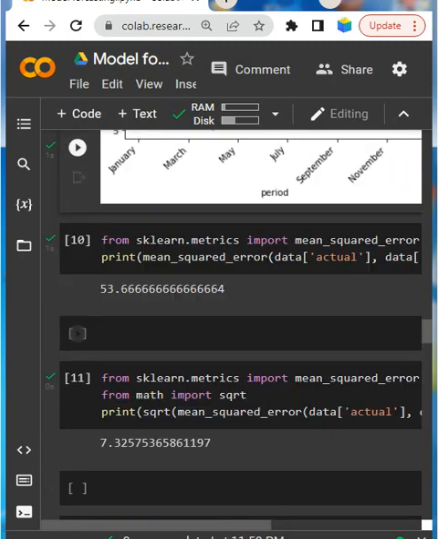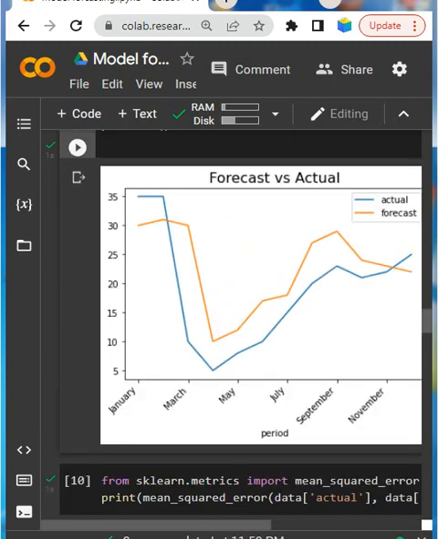Now I am going to get something like errors. Here we can see the differences between these two values, the forecast and the actual value. Let's try model quality metrics. This month-by-month error is useful information for model improvement.